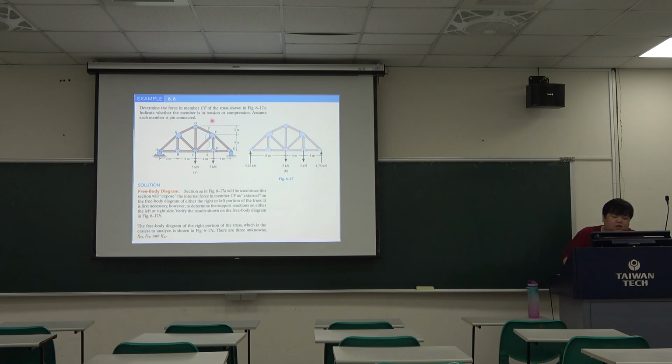So we can cut the section A, passing the three members. We don't cut it here, because when we cut this section, we pass through four members. Here we can do the method of sections, so we just cut like this. But before we calculate every member force, we can do the free body diagram about the